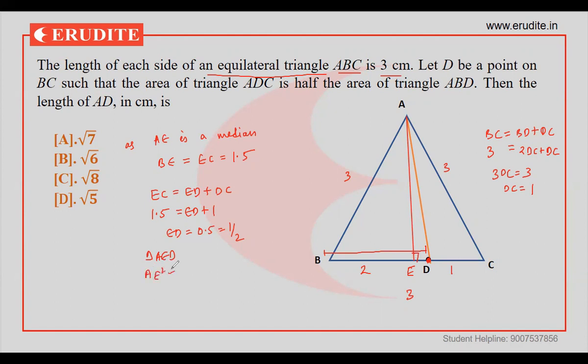So AE square plus ED square equal to AD square. AE we have already figured out. AE value, the height of the equilateral triangle, was 3 root 3 by 2. So 3 root 3 by 2 whole square